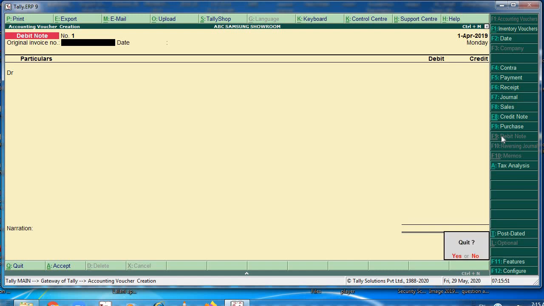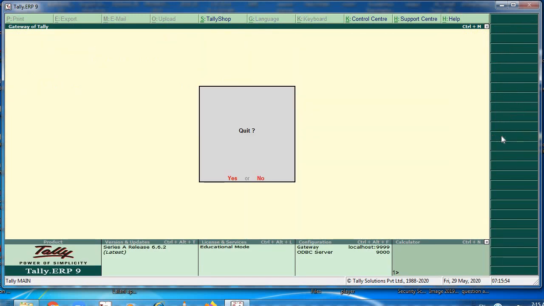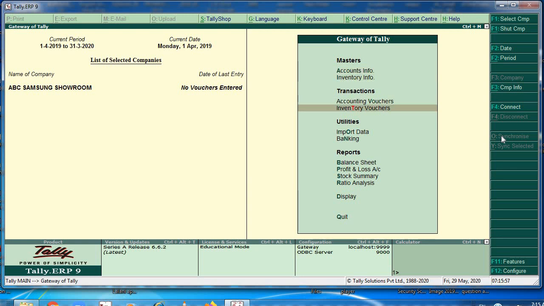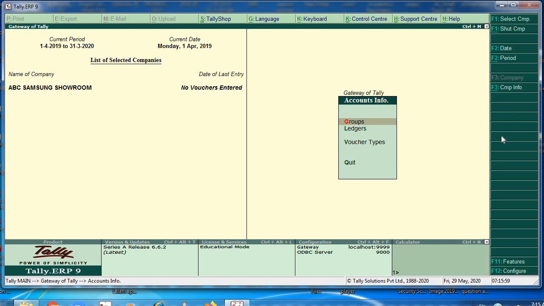Now we are coming to our next topic, that is ledger and groups. Now a ledger is the actual account head to identify your transaction and is used in all accounting vouchers. For example, purchase, payment, sales, receipt and other account heads are ledger accounts. Without a ledger you cannot record any transaction. Predominantly there are three different types of ledger: sales, purchase and journal ledger. A ledger is also known as the principal book of accounts and it forms a permanent record of all business transactions. Now coming to group.